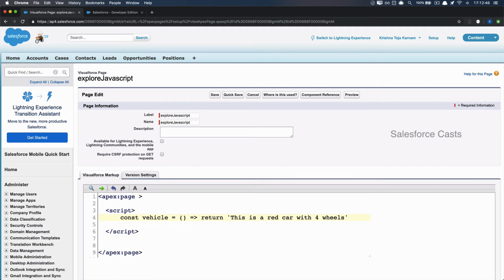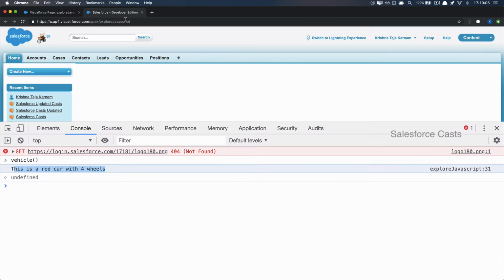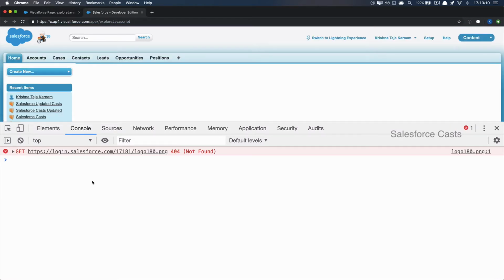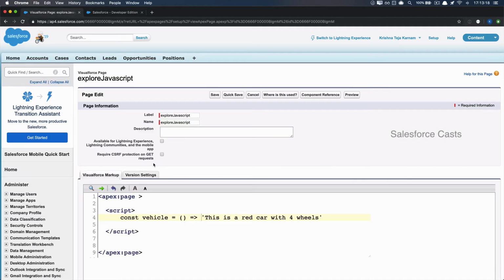And after that, the concept of implicit return is we can get rid of the return keyword here when we have only one statement in the body of the function, and if that statement has a return in it, we can simply get rid of it. I'm going to save this. Let me try to invoke this method from the console panel, and we should get the same output, which is going to be vehicle. There you go, we get the same output, no change in the output. This is what implicit return is all about.